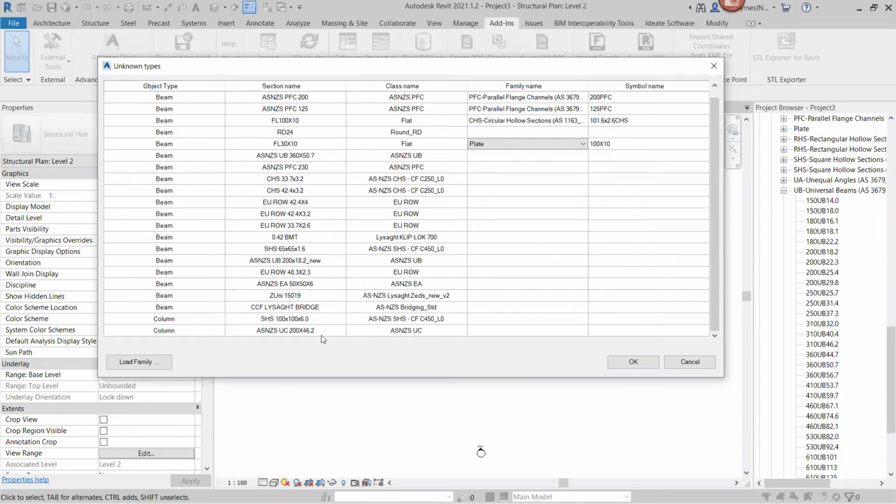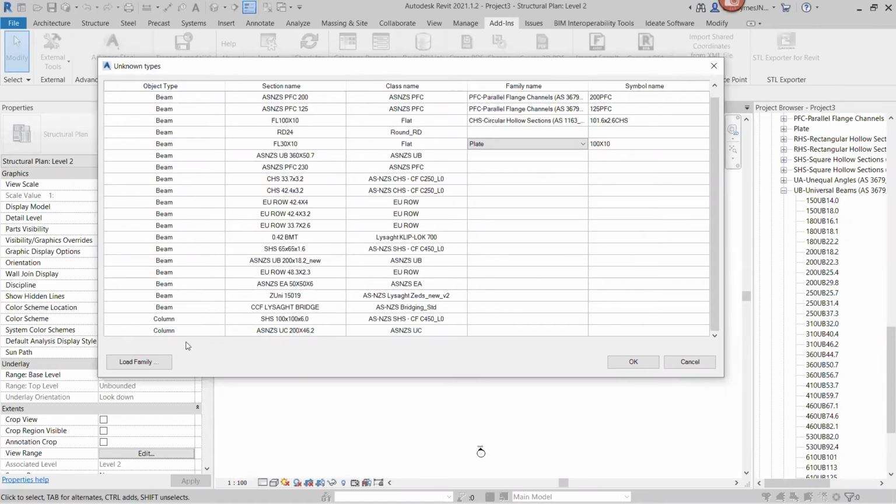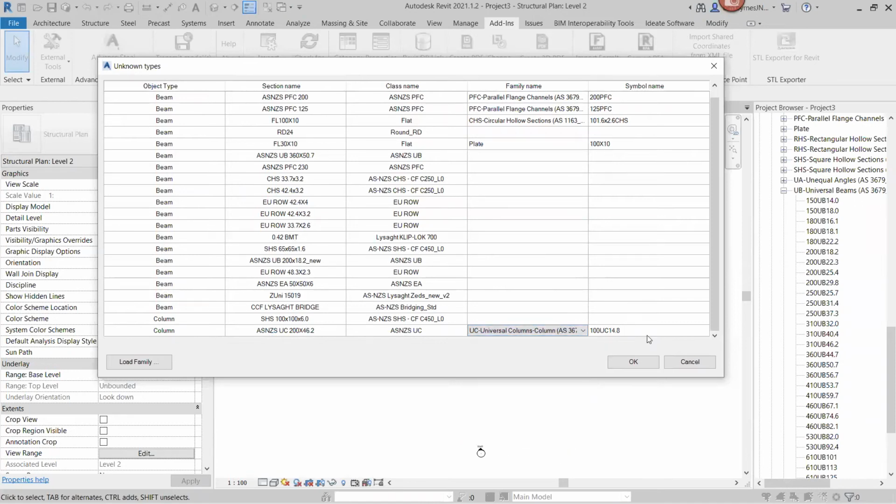So I will map the columns just to make sure I get them as well. We've got our beams in here. Just remember with the columns again, you will see how that object type is coming across. So we've got all the beams here and then you can see our columns. So again, just making sure that when you select that column, you are selecting the column type here. So I've got my UC columns and I'm going to pick my